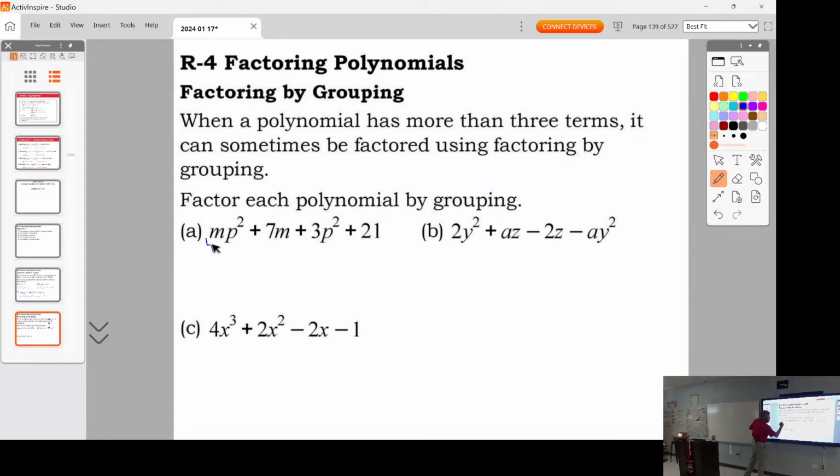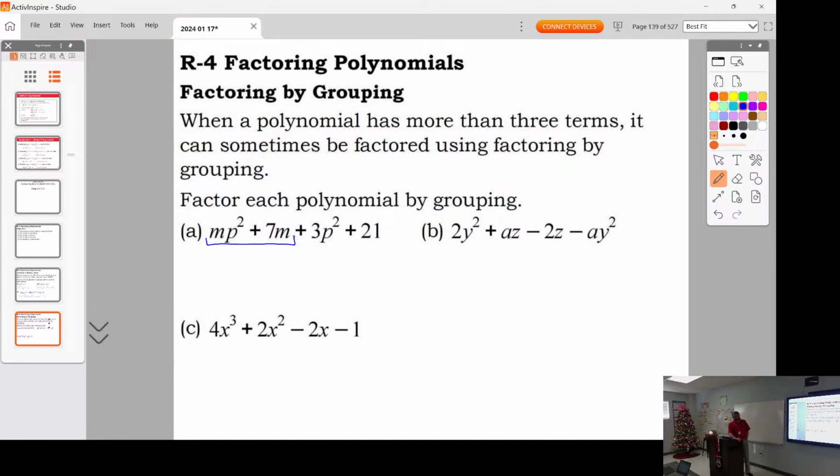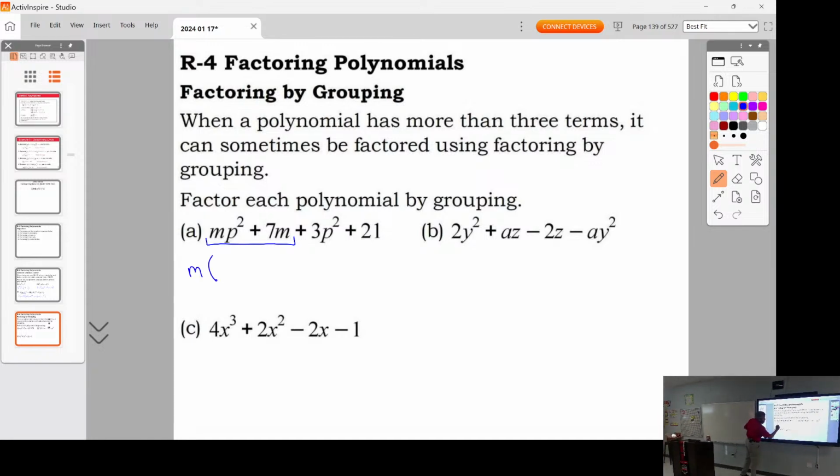The first pair is mp squared plus 7m. What do they have in common? M. Factoring m out of that leaves me with p squared plus